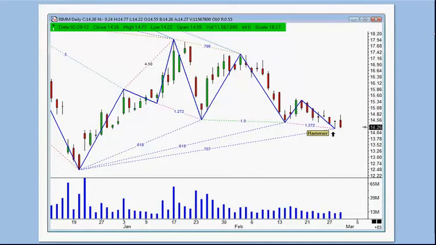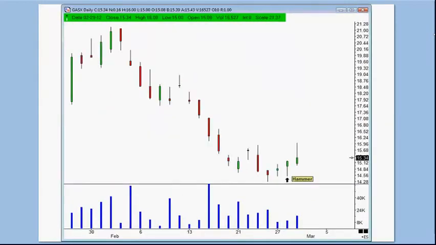Here is one of the triples that showed up, GASX, and I think this may have to do with the natural gas contract. I looked at this once before, and I apologize because I don't trade this, but you did have a hammer candle, and again, you can see this is occurring at a downtrend. So you have clearly a downtrend here. This was not a hammer candle, by the way, folks. The wick or the shadow is not twice the length of the body.